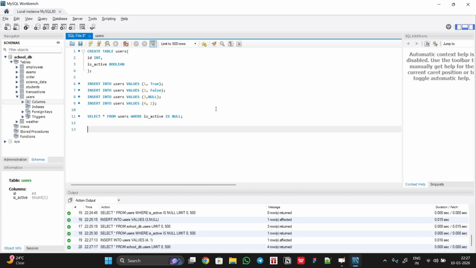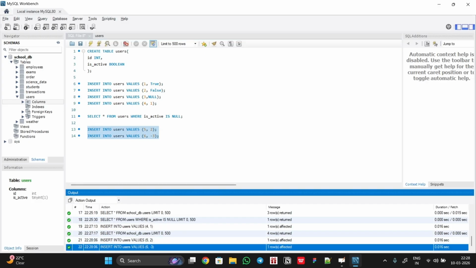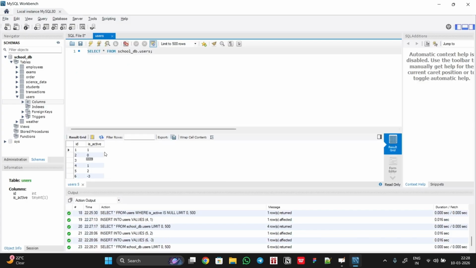Okay, so we'll just paste this here, and what if instead of true, false, or 1 or 0, which I know, I just put 2 here, and here I just put by mistake -3. Okay, and let it be 5 and let it be 6. I will run both of this, but it got inserted. Why? Because if you come here and see, we'll run this again. Those got inserted. Look,